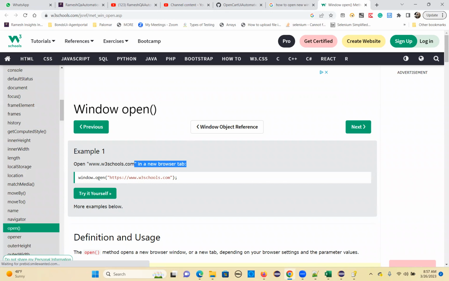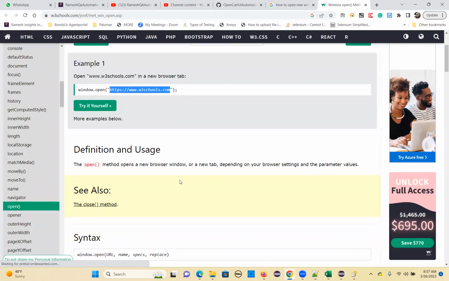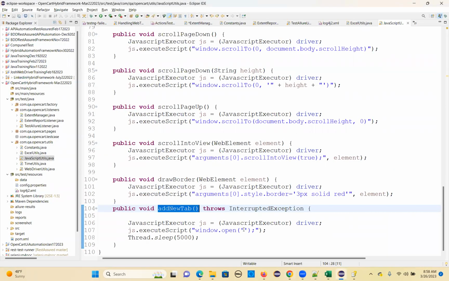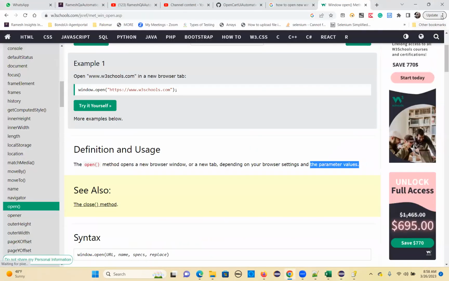For a new browser tab, this one: window dot open. If you give the URL, it will open a new tab. Then what about window or tab? It opens a new browser window or a new tab, depending on browser settings and the parameter values which you are passing. We are passing empty here, right? So empty means it will open an empty tab or empty window, but based on your browser settings. So in the browser, you will select